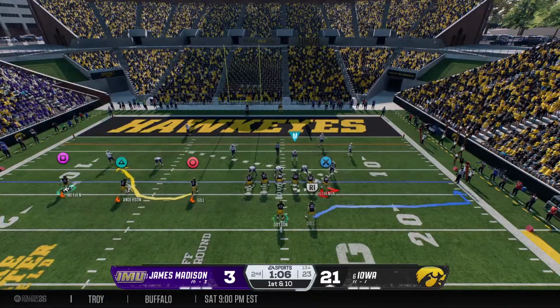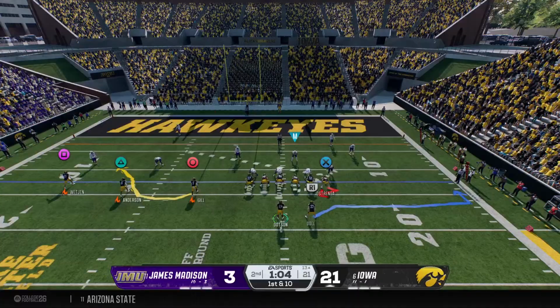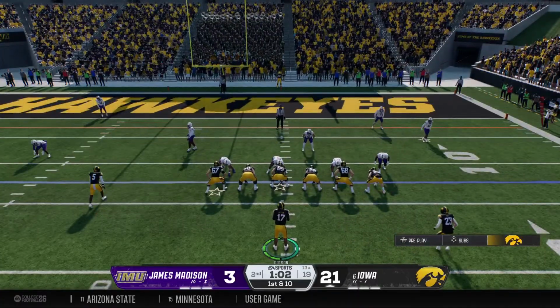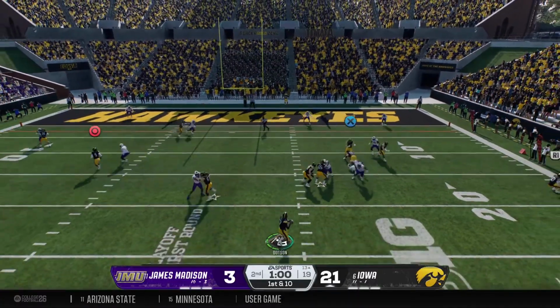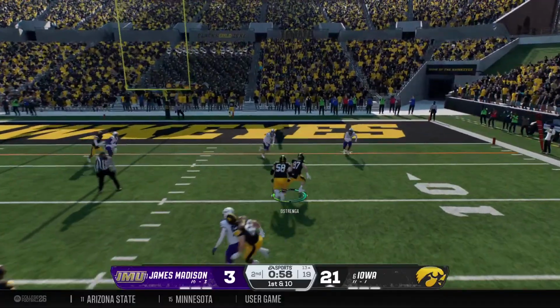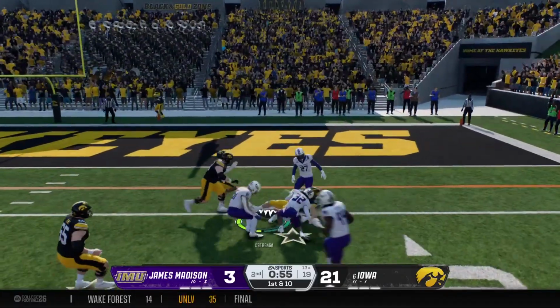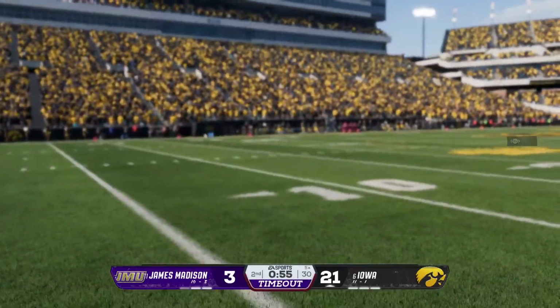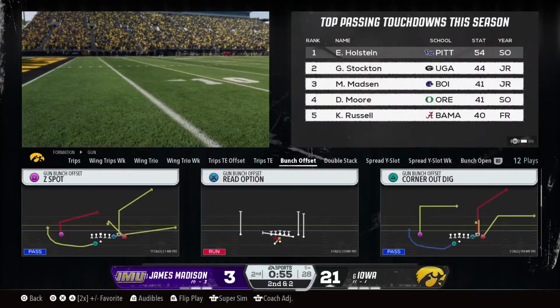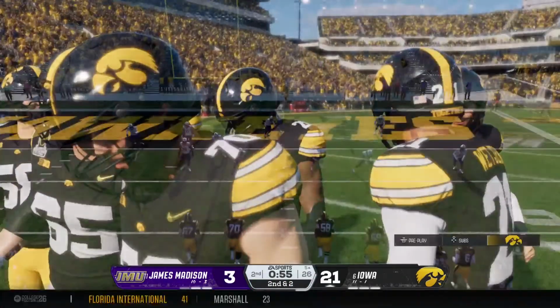The Hawkeyes lining up here on 1st and 10. Here's some pre-snap movement in the backfield. Snapping it from the red zone now, looking to throw. Makes the grab on the move. Brought down at the 5 after the catch. The offense really threatening now. And a timeout is called to talk strategy.